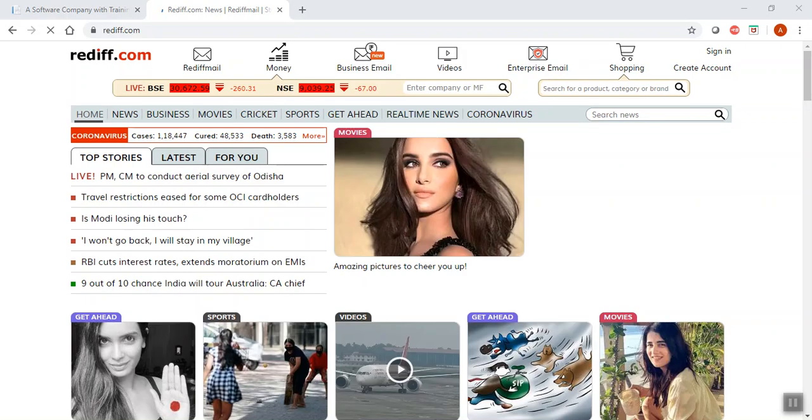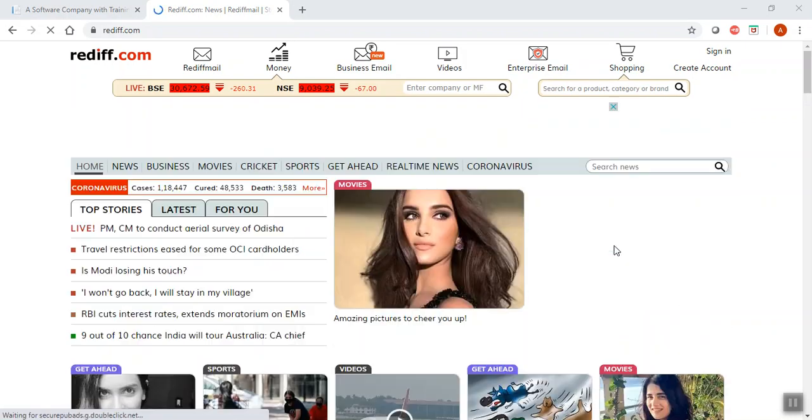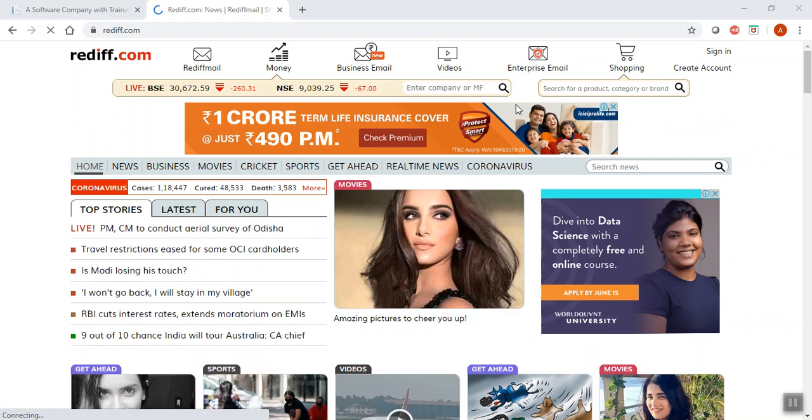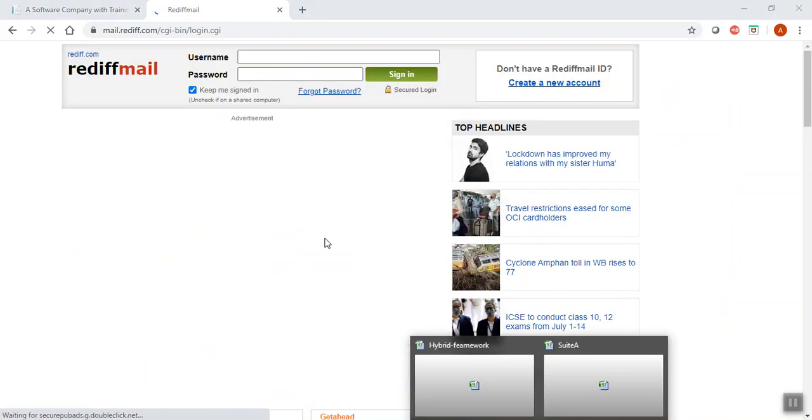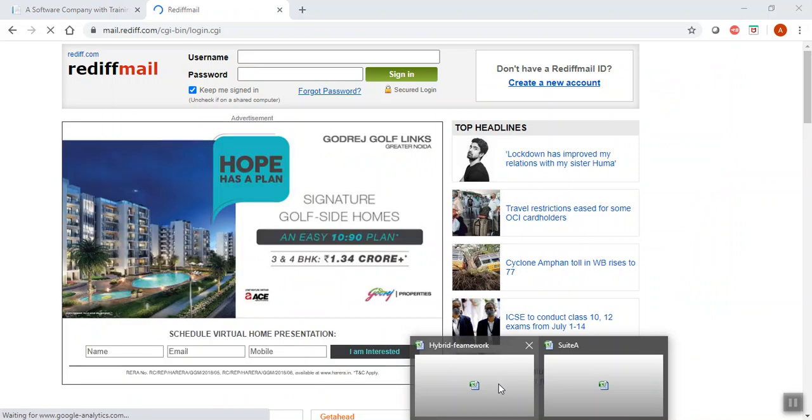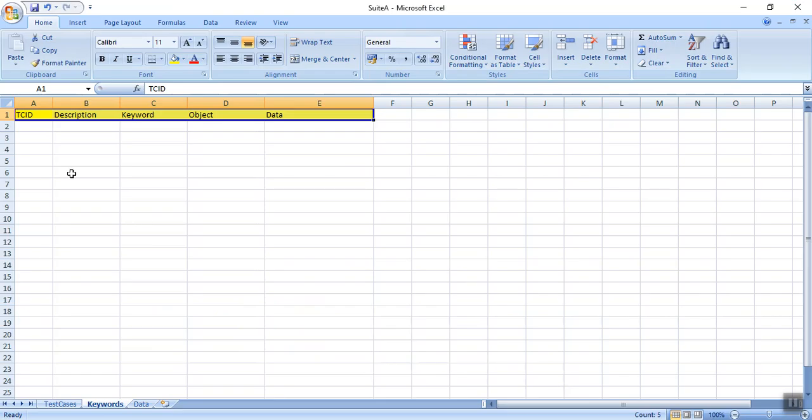Say I go to my website rediff.com, it is opening, and I go to the sign in page, and after that I log in. So these are the steps I am taking.